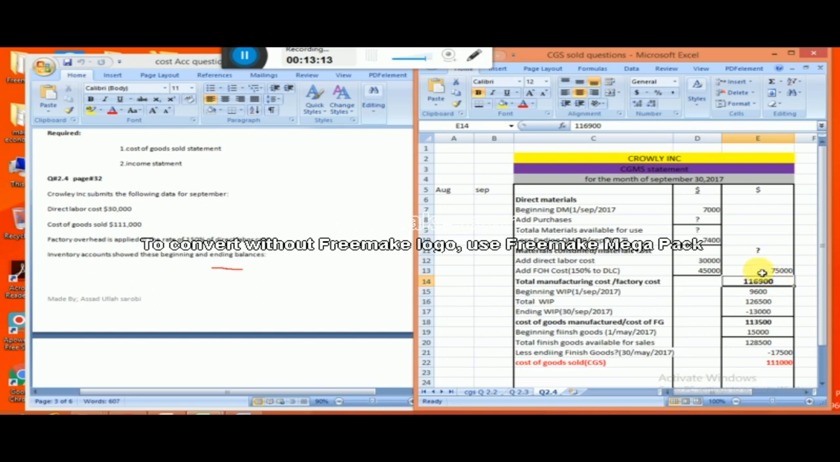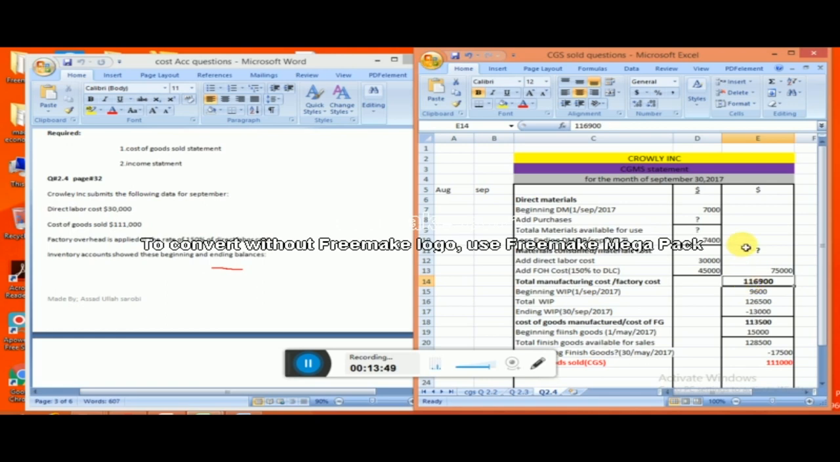1,16,900. If we look out, we add the direct labor and we also add the factory overhead. Clear? Total manufacturing cost is equal to direct material cost plus direct labor cost plus FOH cost. Now we need the material cost. So if we need the material cost, what will we do? We will subtract. Look, when we add material cost plus direct labor cost plus factory overhead cost, that will be equal to